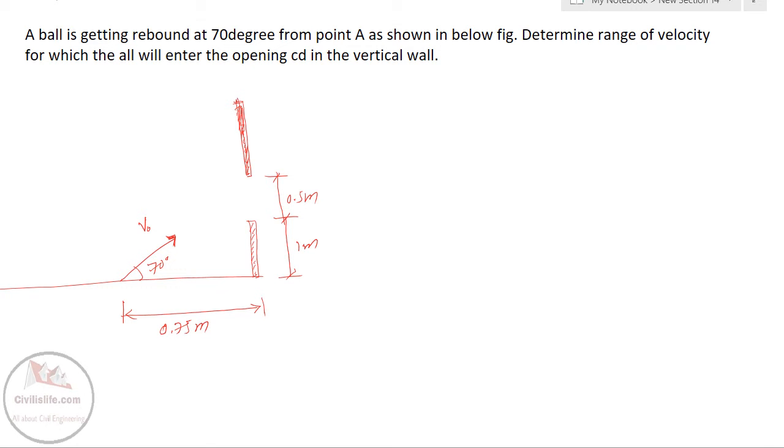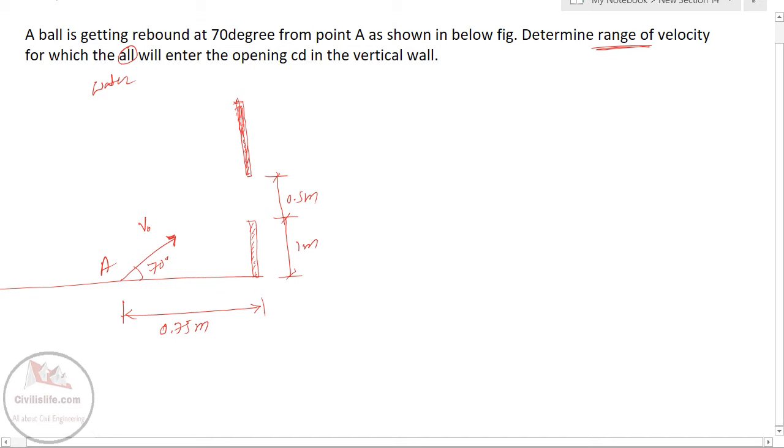The question is, a ball is getting rebound at 70 degree from point A, as shown in the below figure. Determine the range of velocities. So whenever it is range, it will have two readings for which the water will enter the opening CD in the vertical wall. So now if we look into this one,